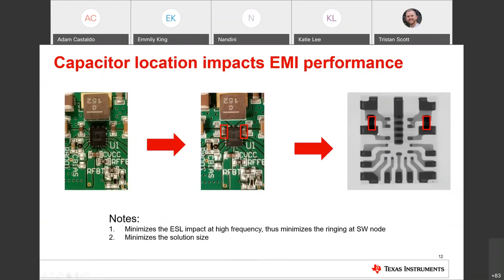But when you really integrate it within the package, that's minimizing the effect to the greatest degree. And that's something we've seen a lot of popularity with our power modules as well. And we're just taking that to the next step with the converters. And thus having this integrated in the package, of course, like I mentioned, also minimizes the total solution size.